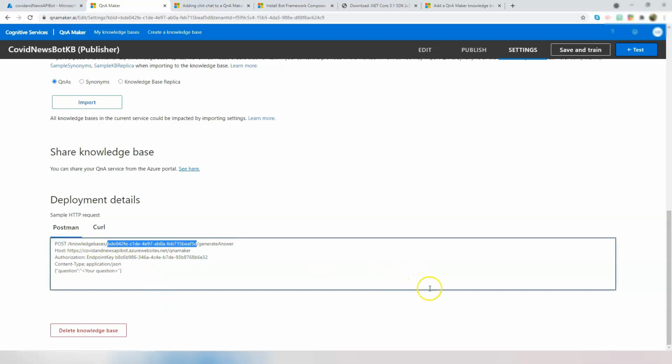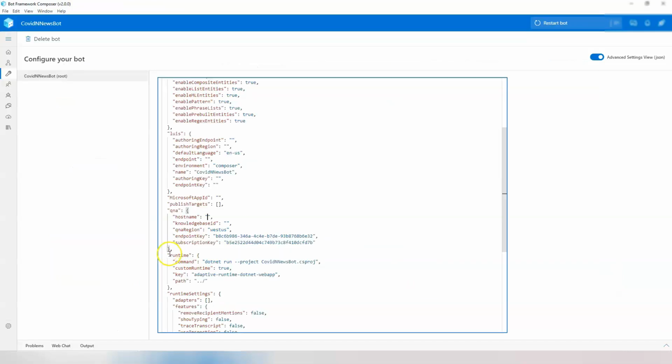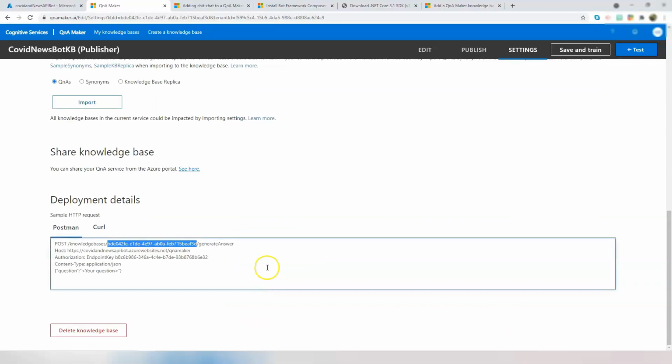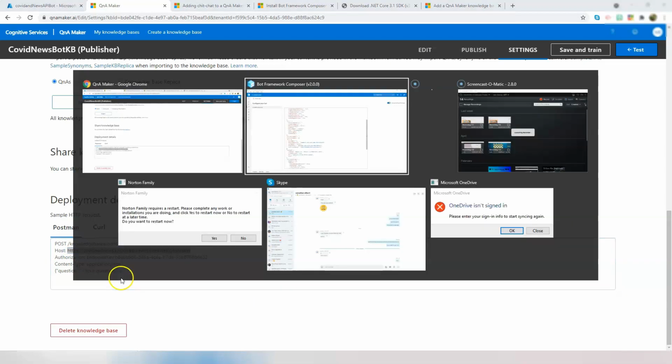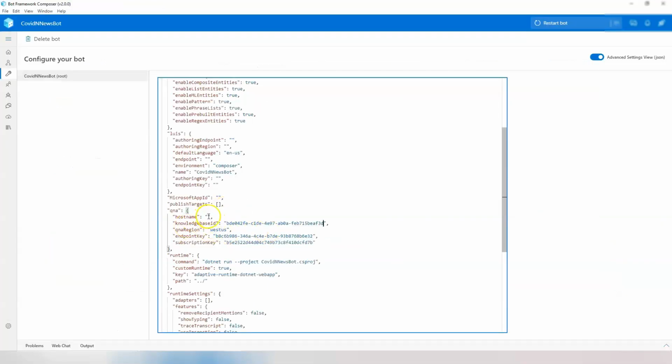Copy and paste this, exactly, and paste it in your knowledge base ID. Then you go back and you copy this entire thing for your host name. Copy, and you paste it into host name. And then when you reset your bot,